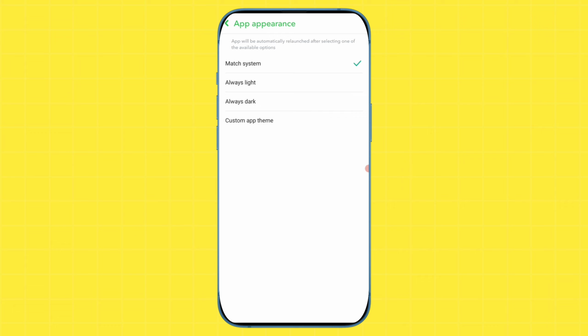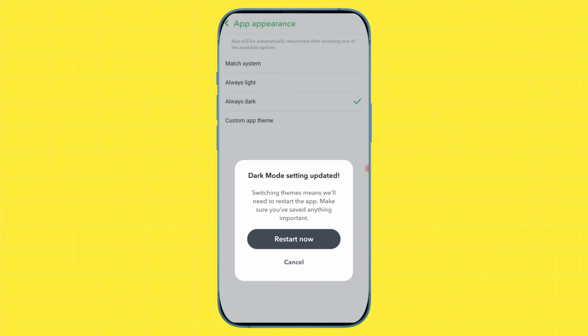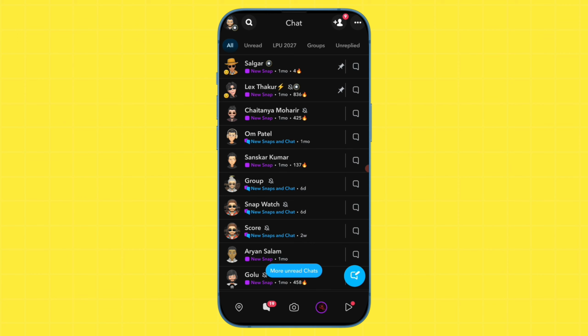use dark theme on your Snapchat, for this simply tap on the always dark option, and friends, simply tap on the restart option. So guys, you can see our Snapchat dark mode feature is enabled,